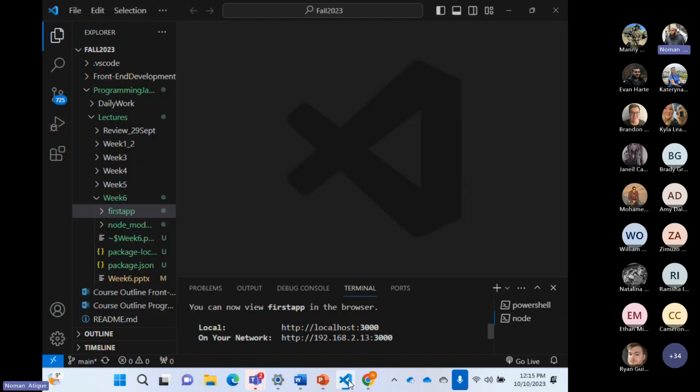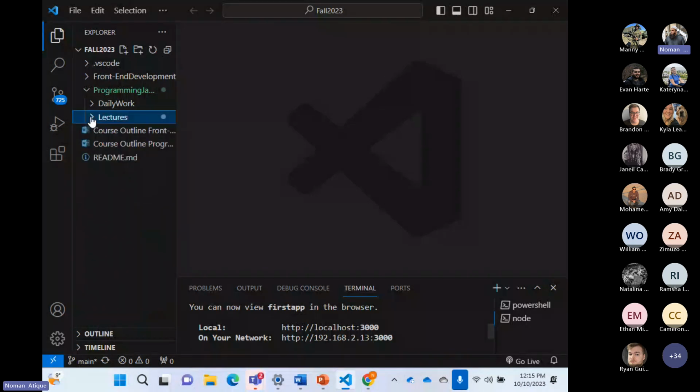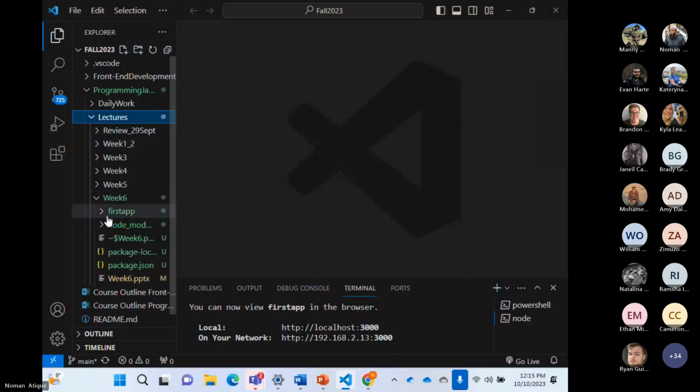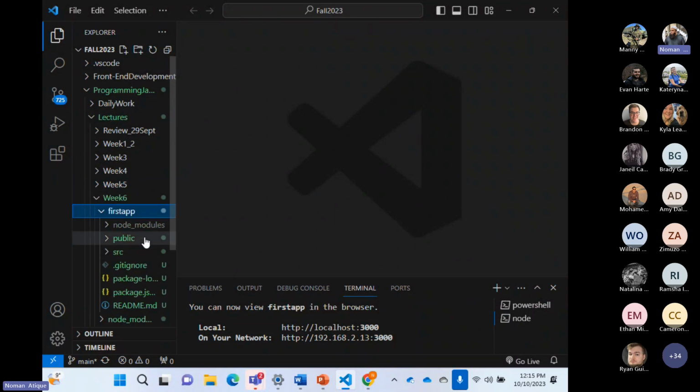Now let's go back to our application. And now I would like to show you something very interesting. Open this first app folder. I'll talk about the whole folder structure, but right now I want to convince you which page is running. Not a problem, Manny. That's not a problem. It's not dragging the class behind. It's about getting with everyone.